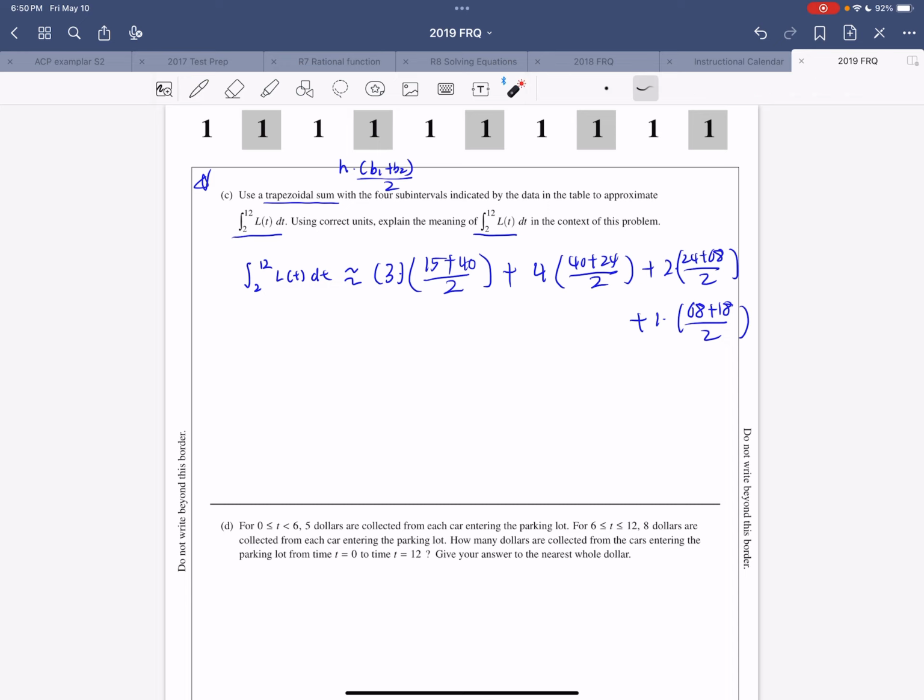The only thing you have to do is put this into the calculator one by one very carefully, and you should get the answer